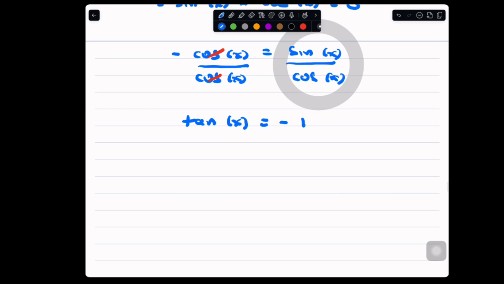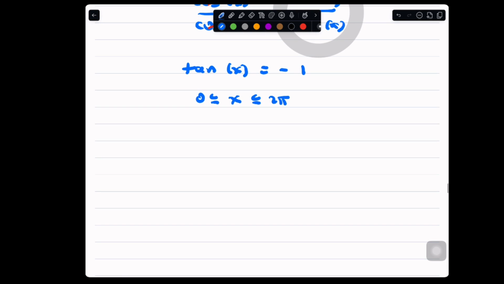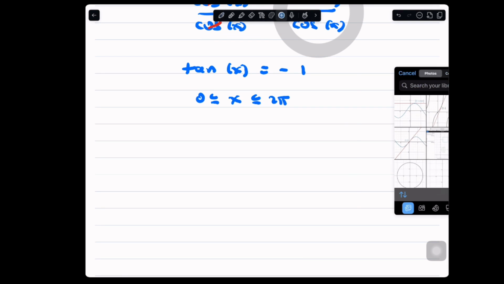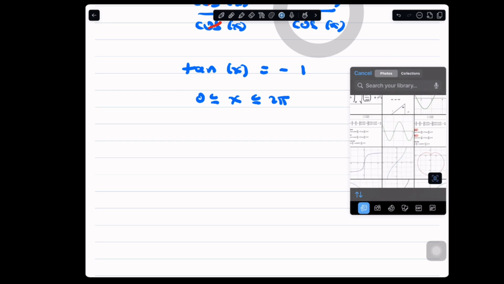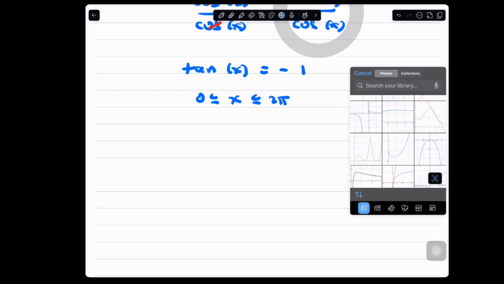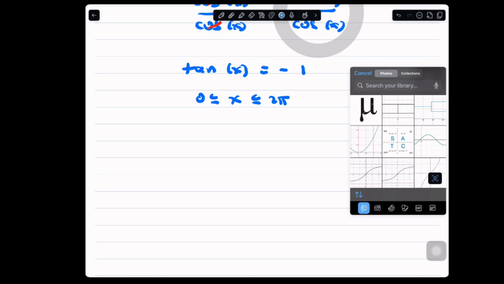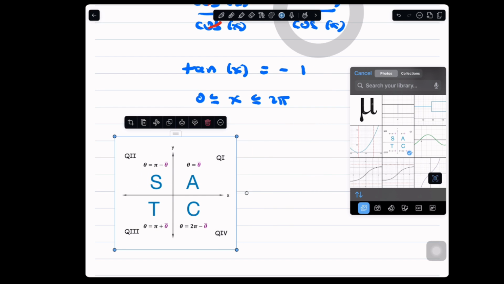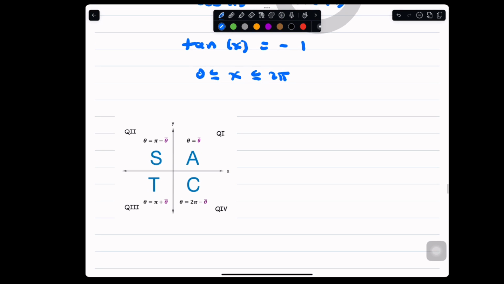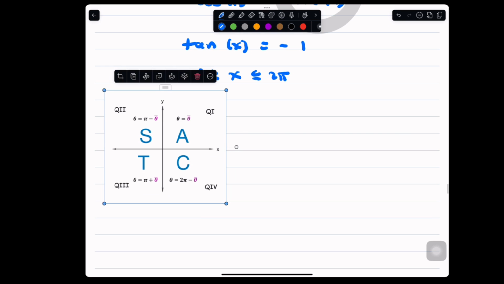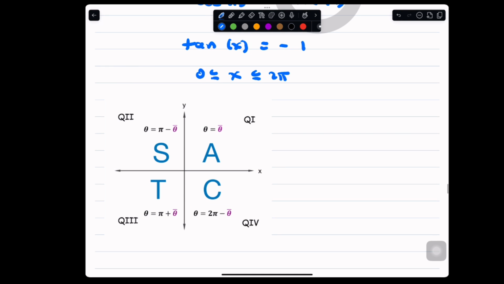So you have to answer that question. What is x over the interval from 0 to 2 pi now? So let me bring in our all students take calculus, because this time you're going to need that reference angle, right? And let me ask you guys. Remember, you said, what do you mean you need a reference angle? Well,